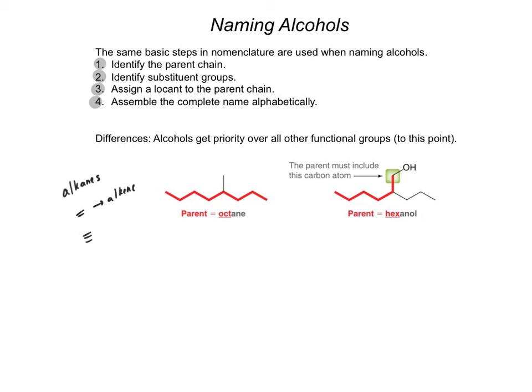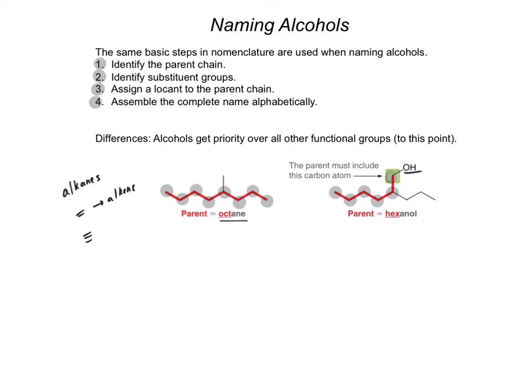Okay, so for alcohols, we're going to be doing very similar things with respect to the alkenes and the alkynes, in that the parent chain is going to be the longest consecutive carbon chain that has the carbon attached to the OH group, to the hydroxyl group, right? So for example, if we had a compound here that was an alkane, and we were looking for the parent chain, we'd be looking for the longest consecutive carbon chain. This guy would give us 8, so we'd have octane. If instead we had an OH group, a hydroxyl group present in that compound, instead of that parent chain being the longest consecutive carbon chain, it is instead going to be the longest chain that contains the OH group, right? So for this guy, it'd be 1, 2, 3, 4, 5, 6 carbons, right? The last carbon has that OH group attached. So because that is the longest chain that contains the OH group, that is going to be our parent chain,